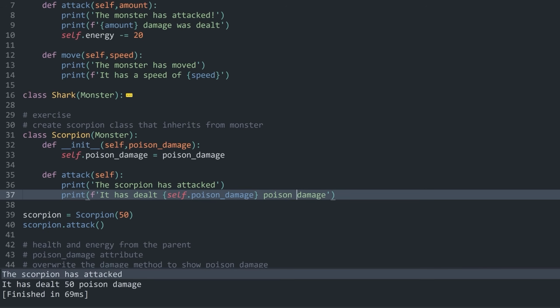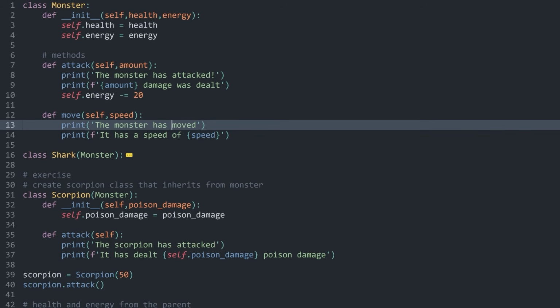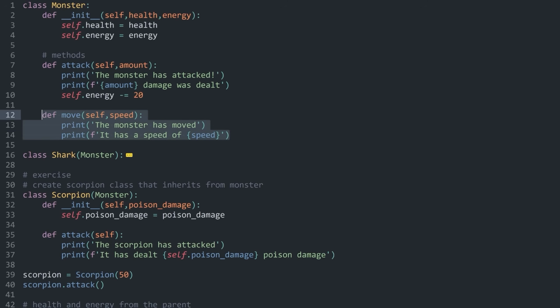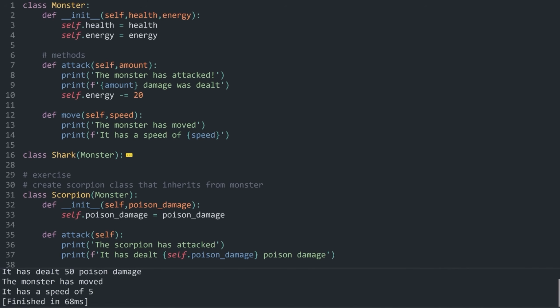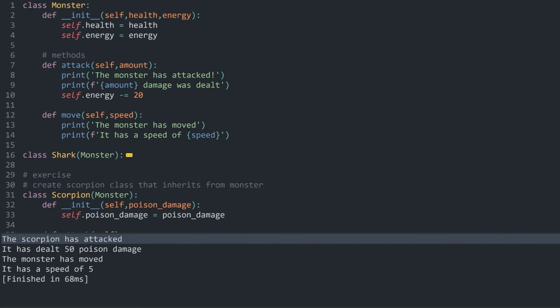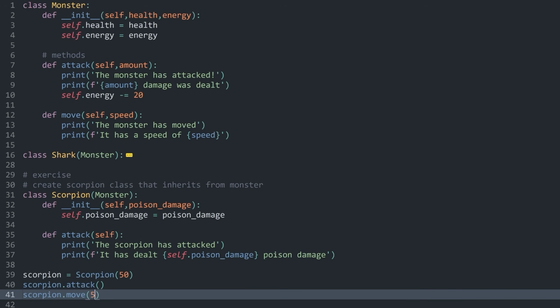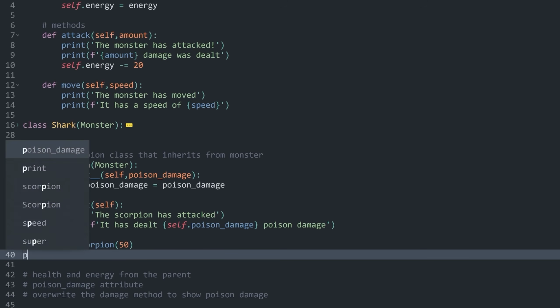This looks much better. Meaning what we have so far, we have a Scorpion with poison damage and we have overwritten the attack method. And since we are inheriting from Monster, we are also getting this move method here. Meaning my Scorpion can also move at a certain speed, let's say 5. If I run this, and let's make this a bit larger, we have the attack method for the Scorpion and we have the move method. But what we don't have, let me get rid of those two. We don't have